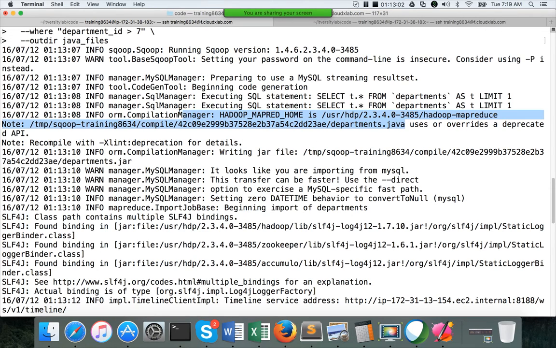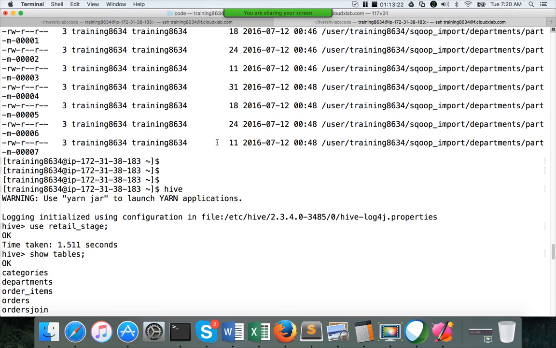If you want to store these Java files in a designated location, there is a value for it in some cases, which I don't want to get into at this time. But if you want to get these files and store them in a centralized location, you can use this outdir parameter.